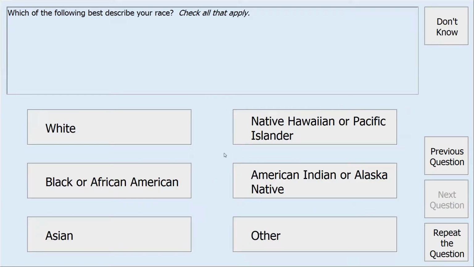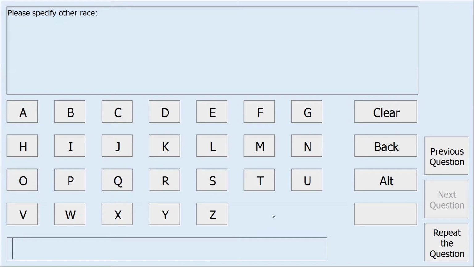This next item is a check all that apply, and for here you can simply check or uncheck the items you would like to choose. For this item, we have added an other response type. If we select Next Question, we've set it up in the Design Studio so that we'll go to a screen asking us to specify other race, which we can type in with the keyboard or use the on-screen letters, or